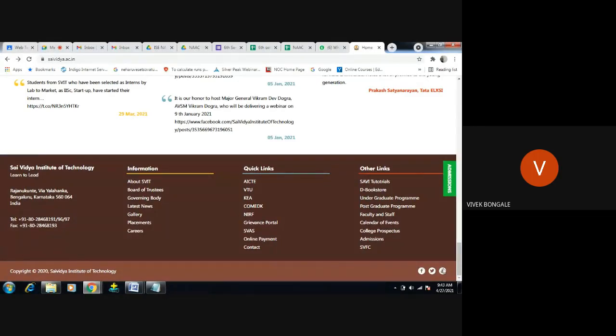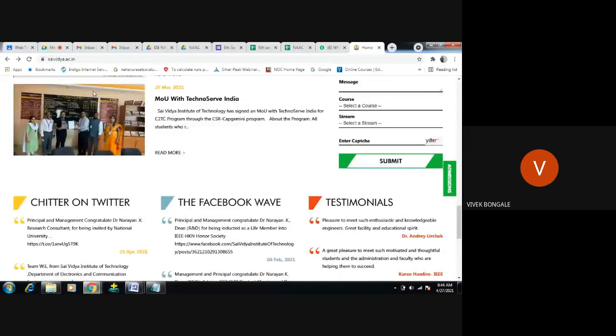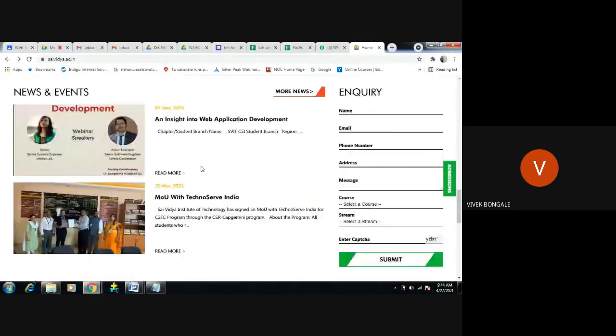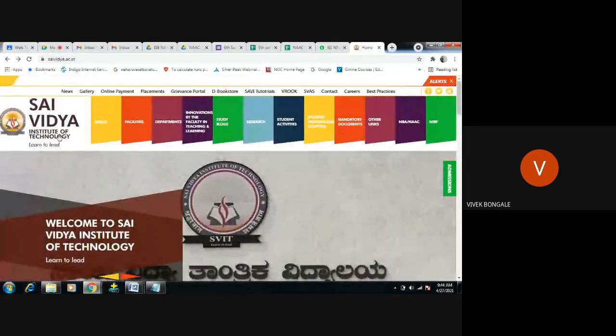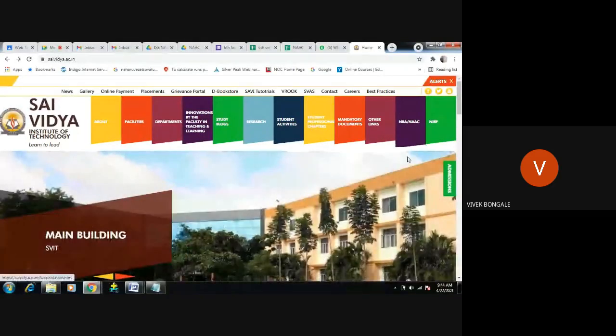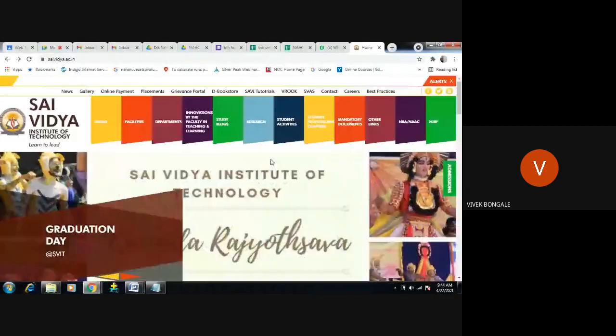So this part is what? Footer part, correct? And this is what? The article we want to display, articles and section, correct? Articles and section, this is this part, and this part is what? Header part, correct? These are our header part, and this is the navigation part. And this part, the quick fact, 131st rank, we say is the side section, right? So any web developer, any developer who wants to develop any particular website will follow the same scenario, the same format, right?